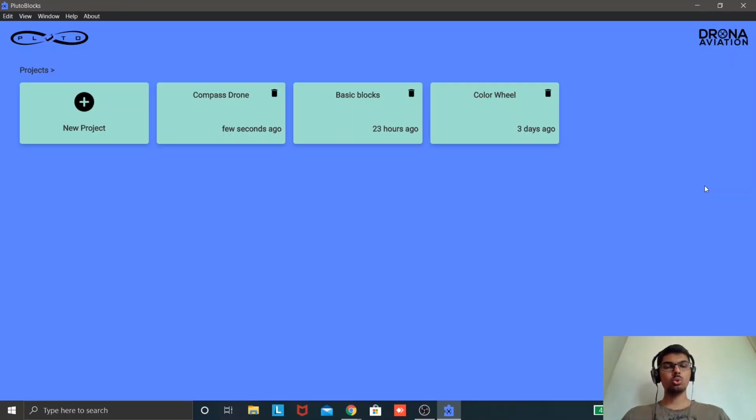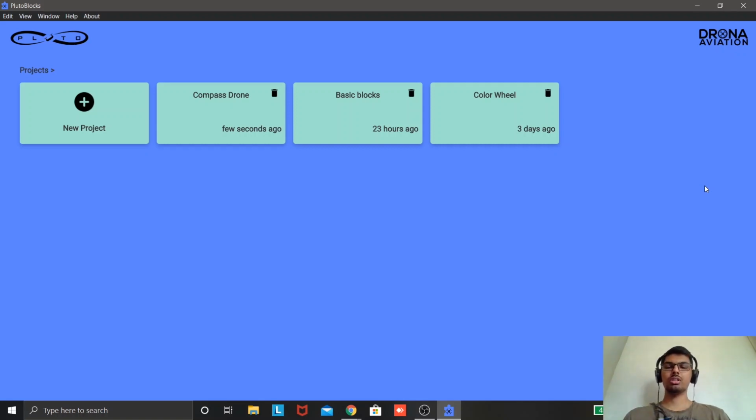A spirit level is a tool used by engineers and carpenters to check whether a surface is perfectly horizontal or if it is at a required inclination. You must have seen them using it on a table to see if it is perfectly horizontal, or maybe in a bathroom to see if the tiles are inclined towards the drain. Today we are going to use the Pluto drone and convert it into a spirit level, so you can use this to check the horizontal level of any surface.